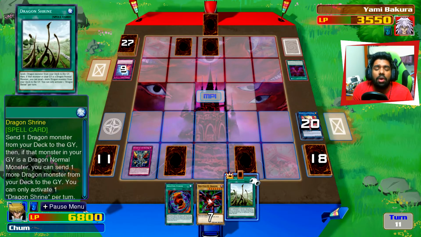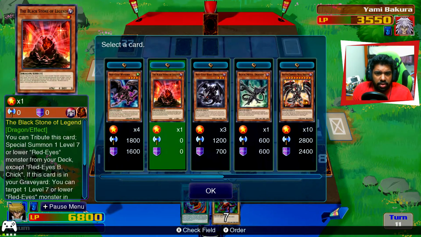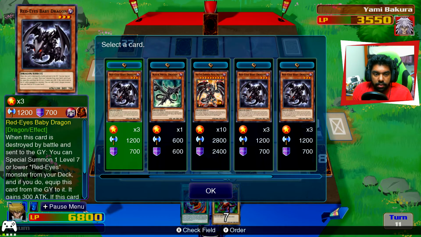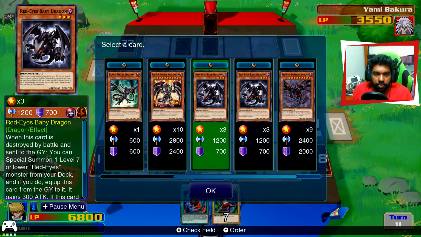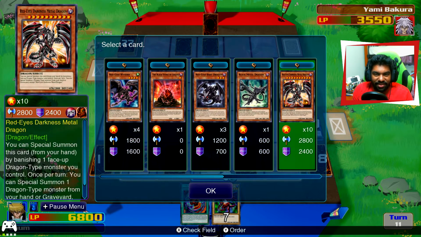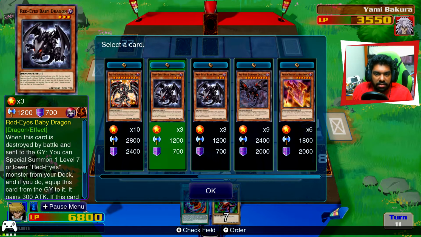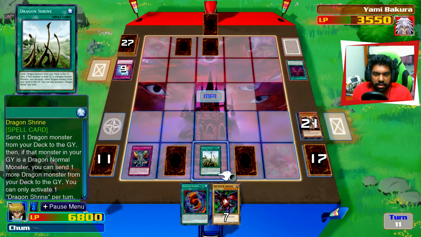Dragon Shrine, hello. What do I send with you? Dragon Shrine's only really good in this deck at the beginning of the duel. Yo, I don't know what to send. I don't have any normal monsters to send at all, which is kind of funny. I can't revive this card. It doesn't matter. I'll just send